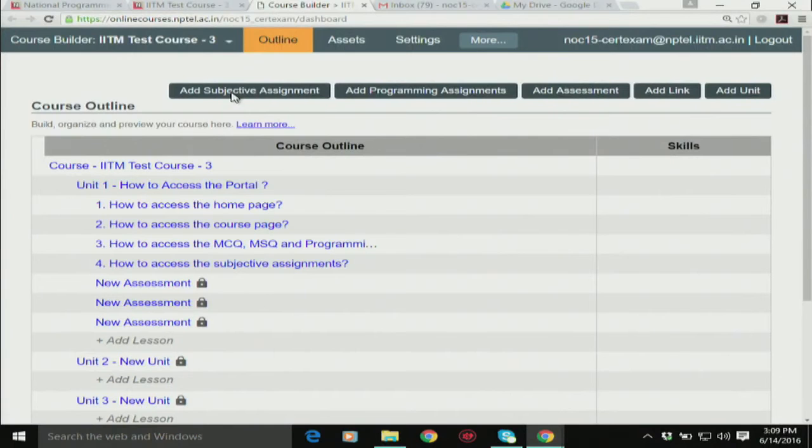Just go to the course dashboard of your course. There will be a tab, add subjective assignment. Please go to add subjective assignment for creating subjective assignments.